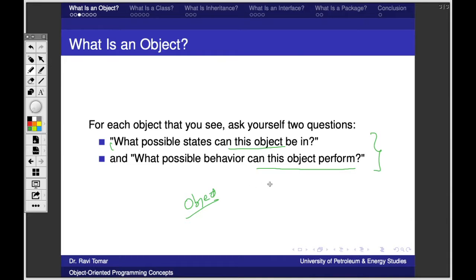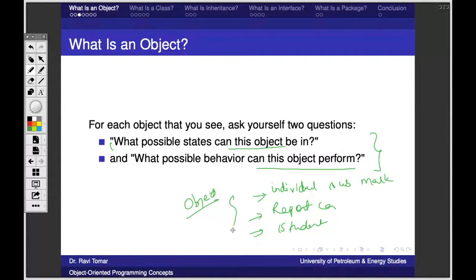Because remember the last example we discussed about, some students said that individual subject mark, this was the object. Some said report card, some said student itself.